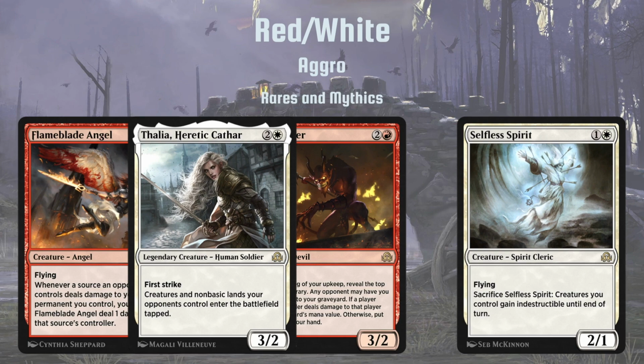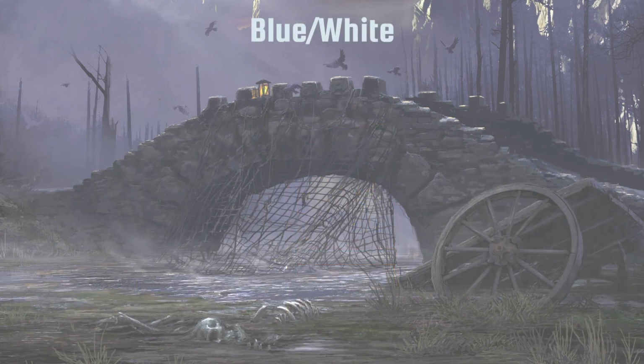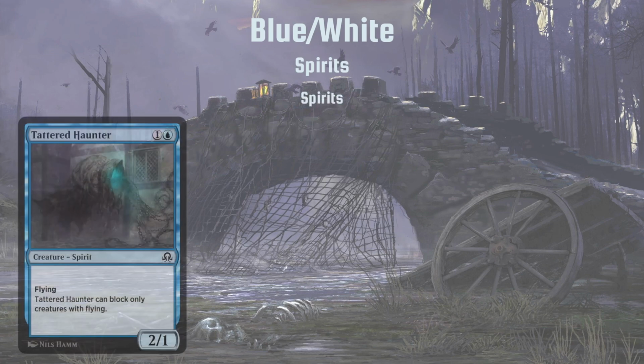enter the battlefield tapped. Next up we have Blue-White, and this is the first of our many tribal decks in the format, in Spirits. We don't get tribal formats too often, but here we do, and these decks are usually pretty straightforward. We'll start with some notable spirits for the deck, including Tattered Haunter, which is an aggressively statted flying